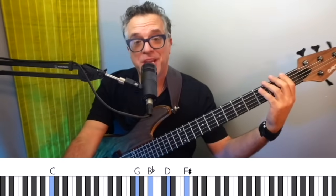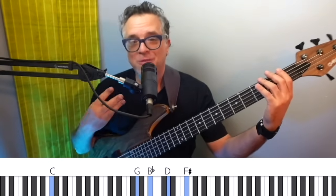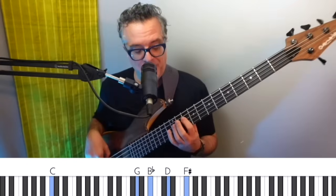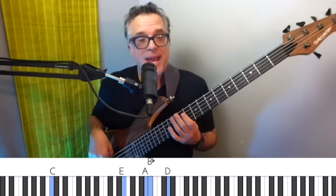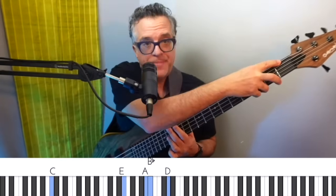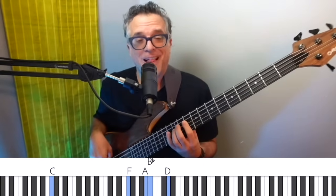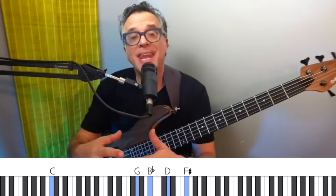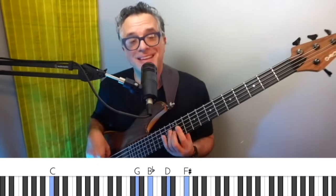Okay, and I have G, B flat, D, F sharp. Same target note that we've used in the last 2 iterations, right? Target note being G. So just to review, for C9, we had G minor 6th over C, G, B flat, D, E over C, okay? And then for C sus, what guitar players would call C11, we had G, B flat, D, and F over C, okay? And then now when we play C9 with a sharp 11, we have G, B flat, D, F sharp